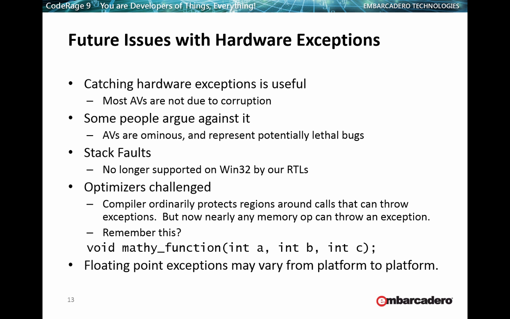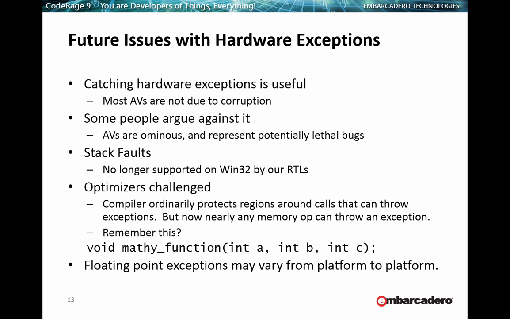The most common floating point exception that you might want to catch is divide by zero, and that's the same for integer. But how they're dispatched and under which circumstances you see floating point exceptions may vary from platform to platform. So it's kind of debatable how much we want to support that in the future,